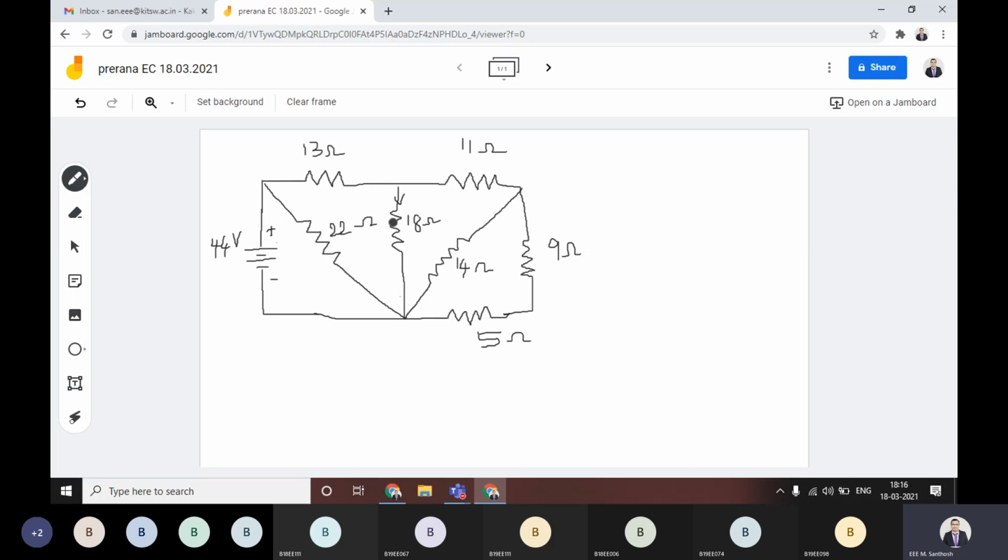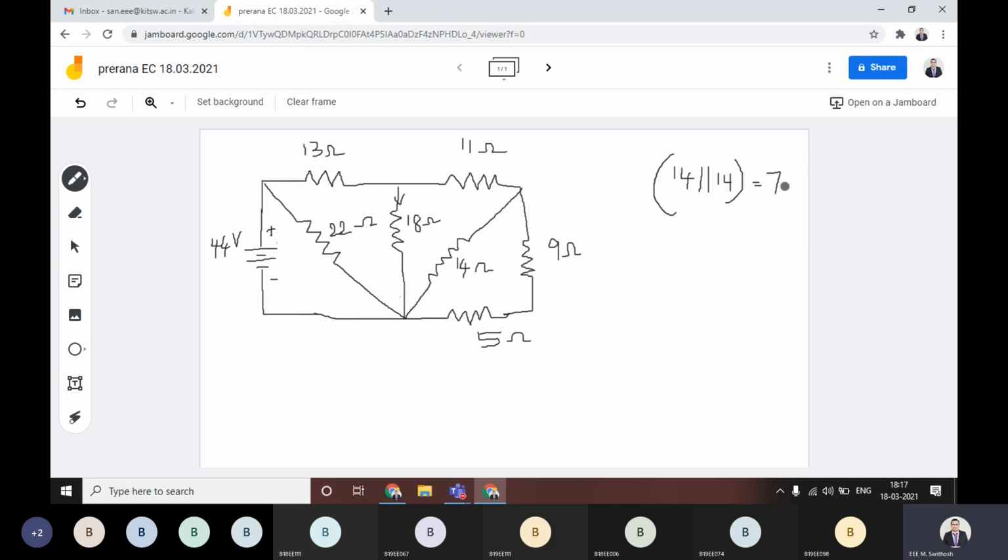Okay, I'll tell you. First we have to find here, you see, this is 5 plus 9, right? This branch is in series, 2 resistors, and equivalent is 14 ohm. 14 ohm, 14 ohm. Both are in parallel. Okay, how much? If 14 ohm are connected in parallel, what is the equivalent? 7 ohm. This equivalent is equal to 7 ohm, right?